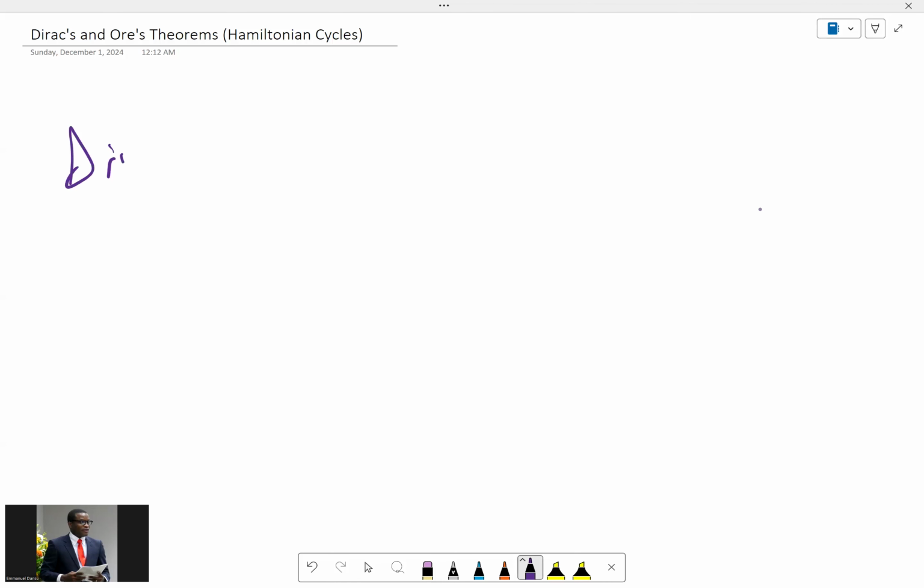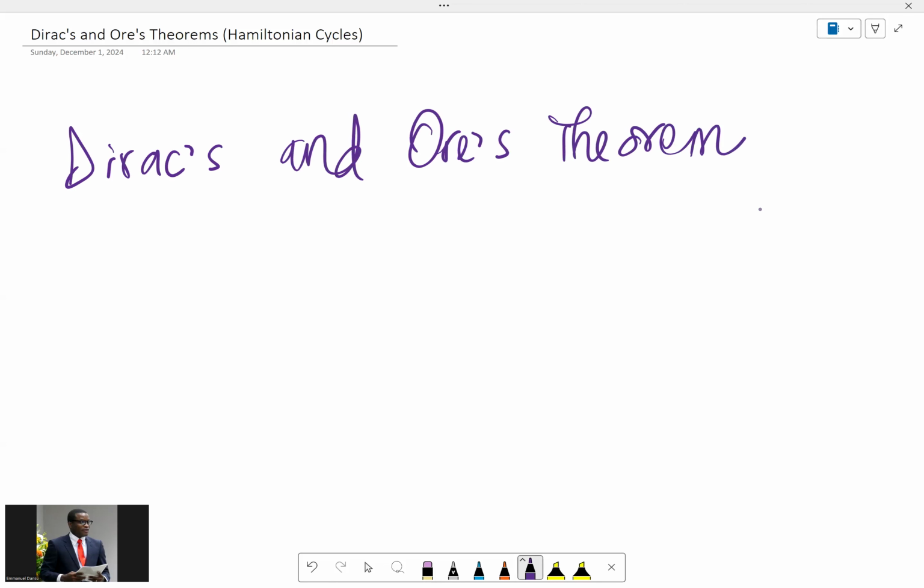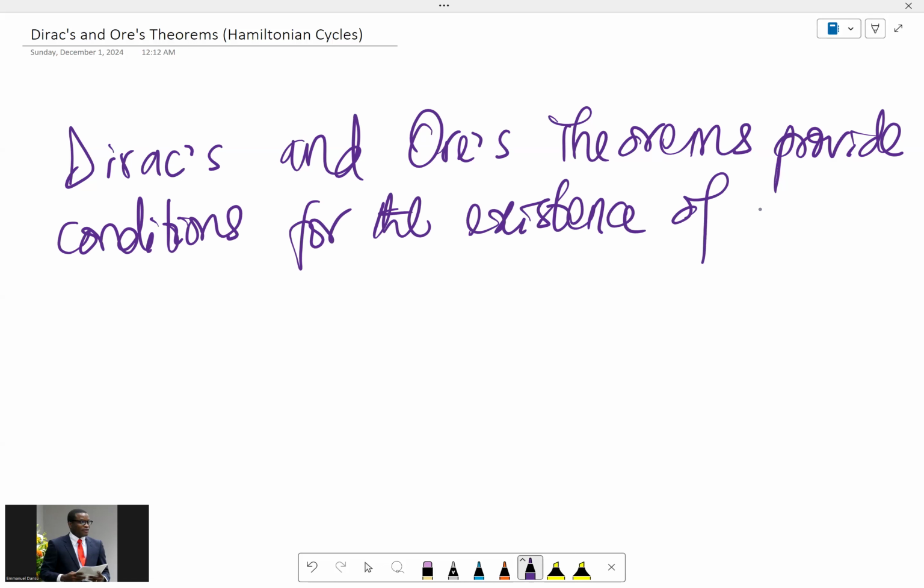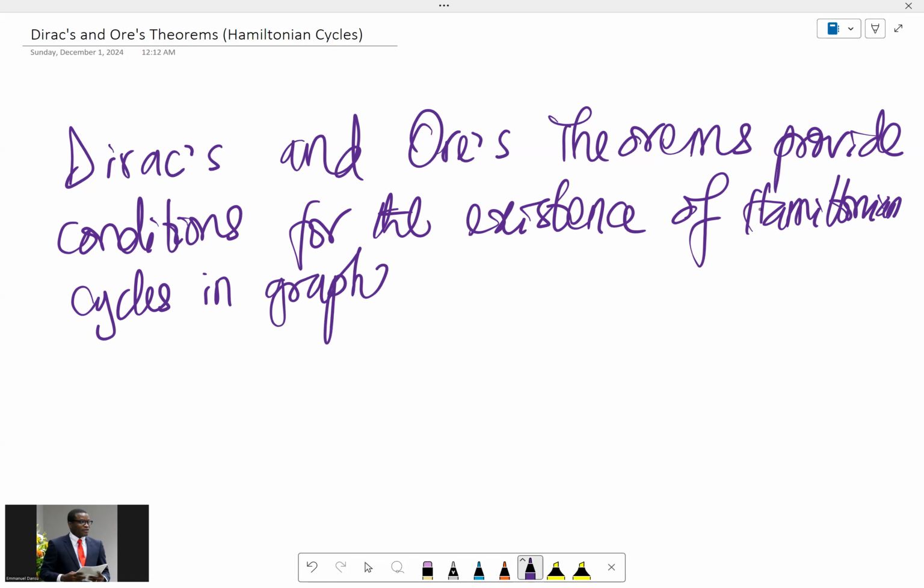So Dirac's and Ore's theorems provide conditions for the existence of Hamiltonian cycles. Because you already know a cycle is a closed loop. So Hamiltonian cycles in graphs, which are important